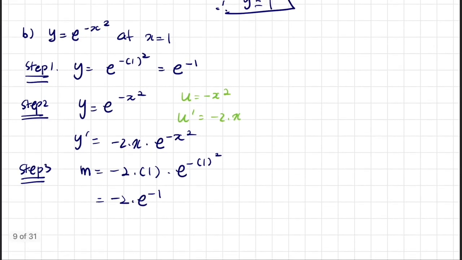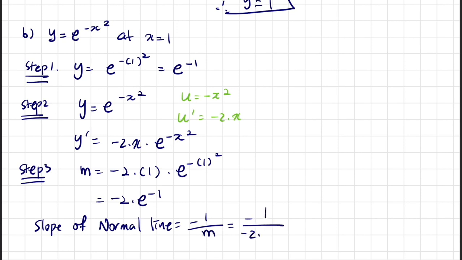Then since we know the slope of the tangent, the slope of the normal line is equal to negative 1 over the slope of the tangent. So we do negative 1 over negative 2 times e to the power of negative 1, which is equal to 1 over 2e, right? Then using this information